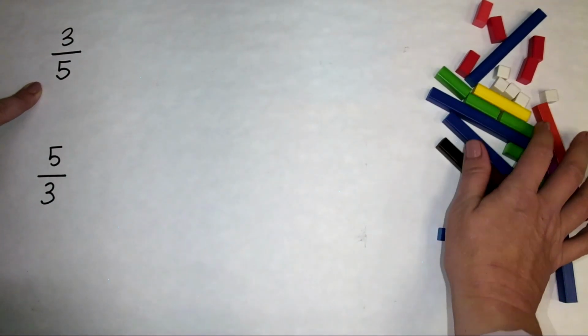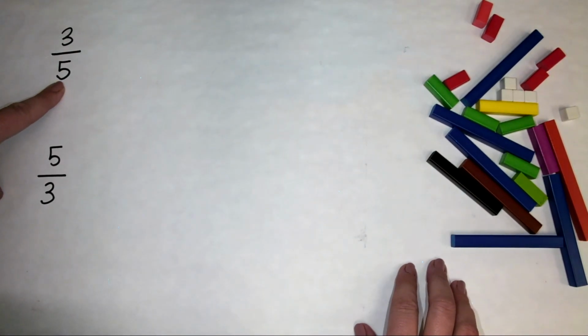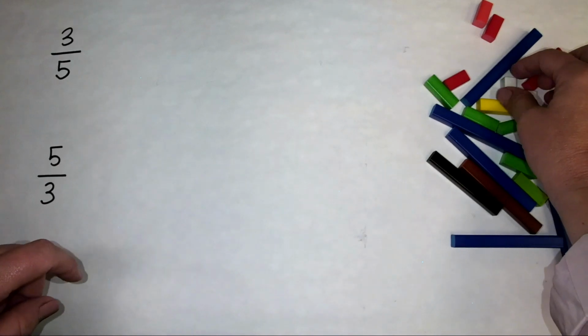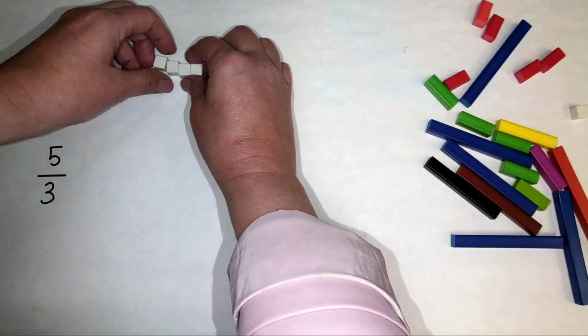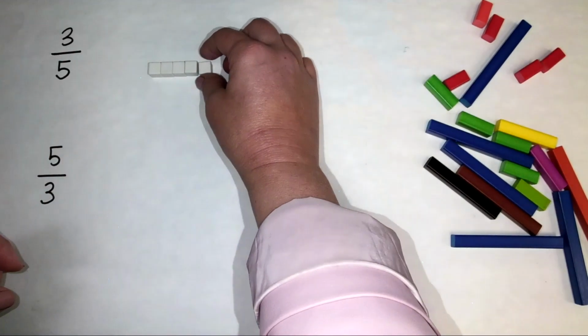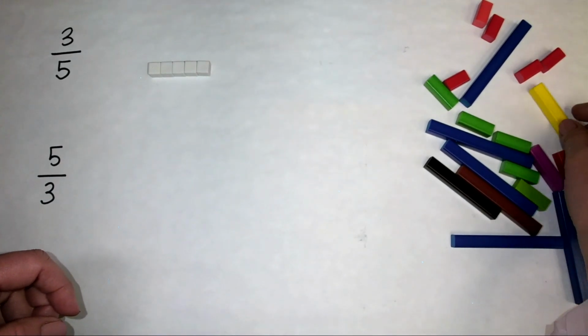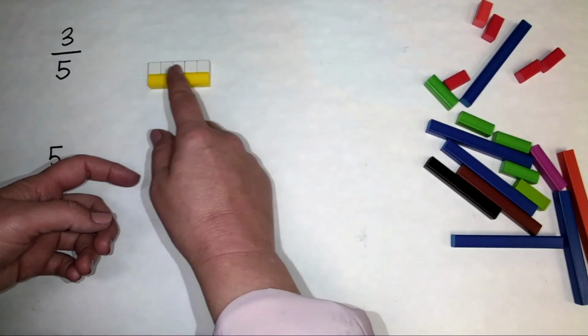If I'm going to use these Cuisenaire rods, which are these very colorful rods that you see right over here, I first have to focus on the denominator. And in this problem, the denominator is 5. That means I want to show a whole that's divided into 5 equal parts. Well, one of the ways that I can do that is think about having 5 equal parts. So maybe I get these cubes out here and I show 1, 2, 3, 4, 5 of them, and then I figure out a whole that is the same size. Here, that yellow rod has the same length as 5